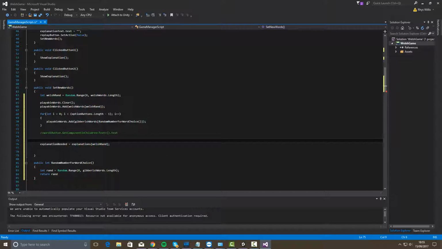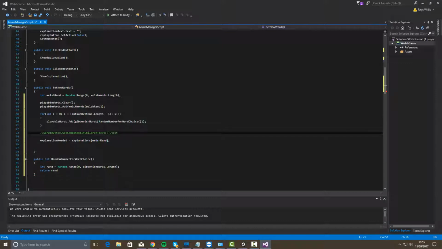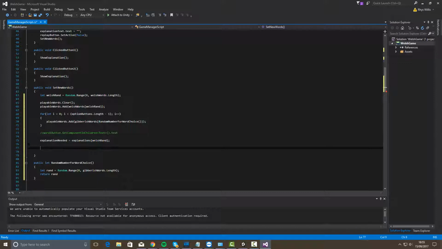Okay, so stick buttons in the array, that's done. Randomize the buttons. That's what we need to do now, actually decide what word goes where. I know arrays can't do it, but I'm hoping the list can jumble itself up. So playable words dot